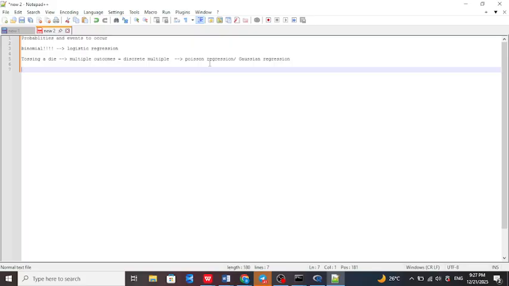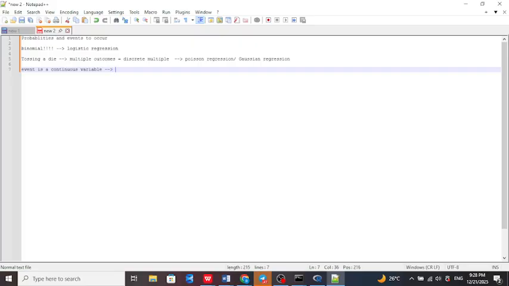rate. Now glomerular filtration rate is a continuous variable. Let's say that you have the age of the patient, the sex of the patient, the body mass index of the patient, and all the like. When you want to evaluate if they are going to affect a continuous variable, when the event is a continuous variable, in this case, you are going to have multiple outcomes which are within